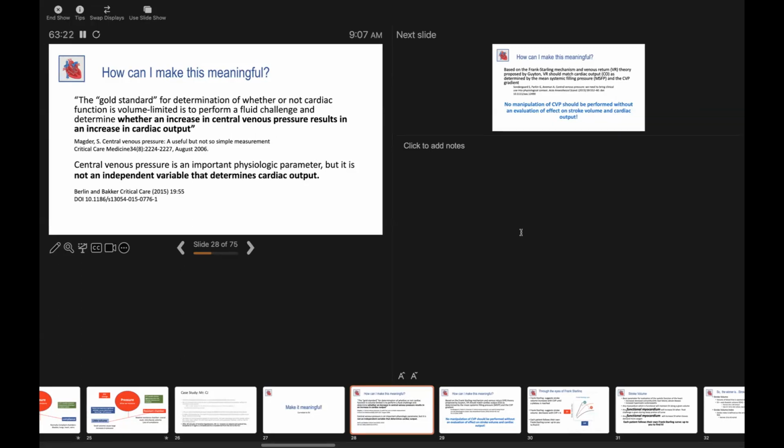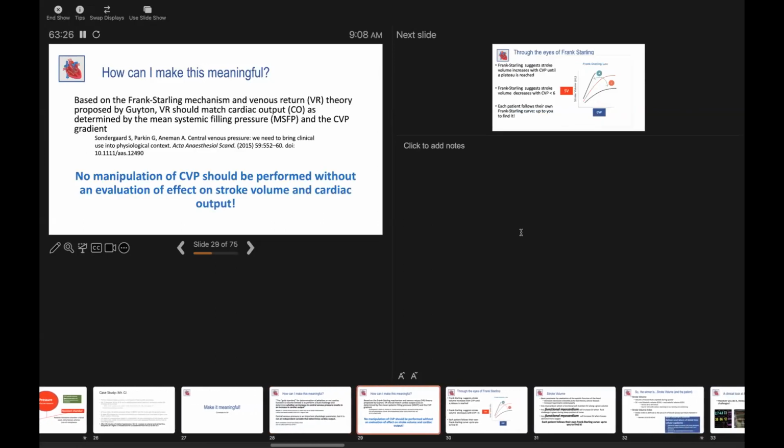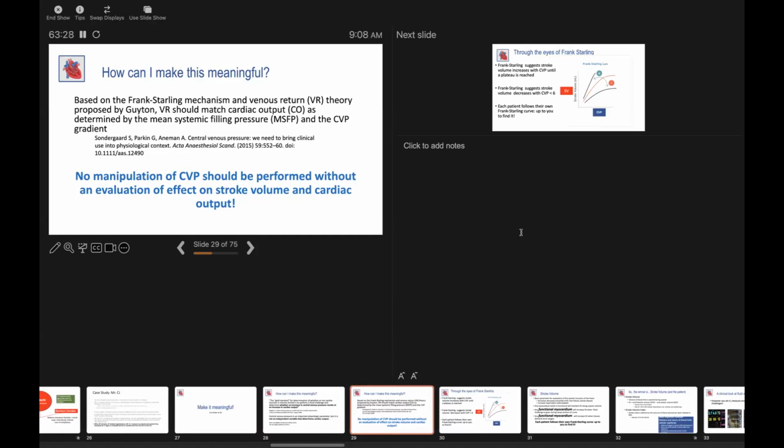Now, we've talked about stroke volume before, so I'm not going to spend much time on that here. I just want to remind you that CVP tells me where your volume is. If CVP is elevated, your volume's in the veins. That's what CVP tells me. CVP will be elevated when I have cardiogenic shock, when I have cardiac dysfunction. Even though I didn't have heart failure when I came in the hospital, I've got an elevated CVP now, but